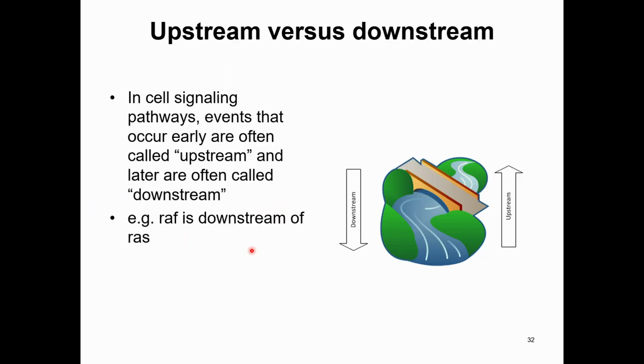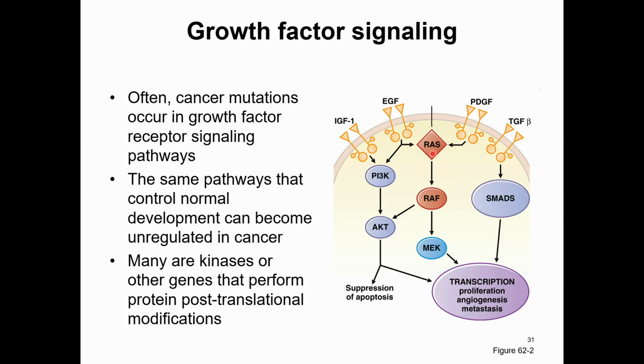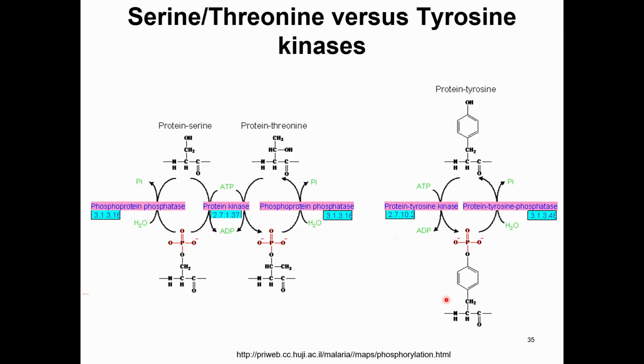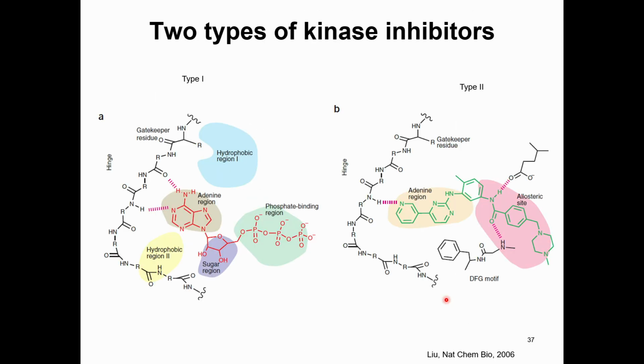So if you look back at this thing here, if you inhibit RAS or RAF, you're not going to have as much production of transcription factors that are increasing cell growth. And that's how these drugs work. But they're basically kinase inhibitors. They tend to come in a couple of different varieties called type 1 and type 2. But here is an example of the active site of a kinase, okay?